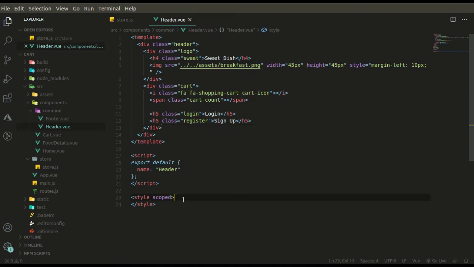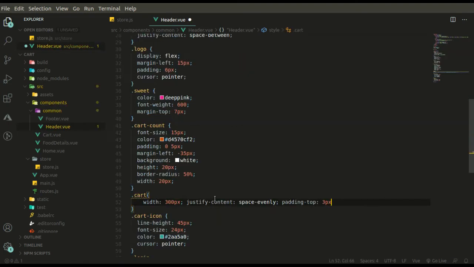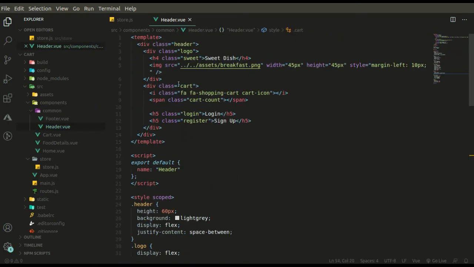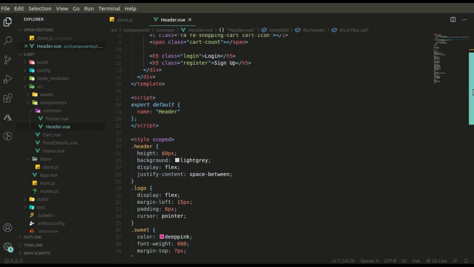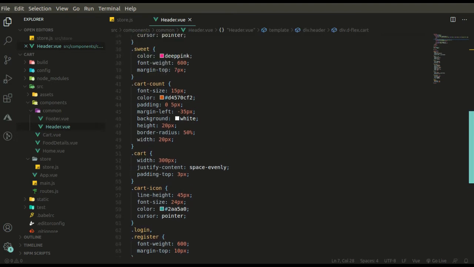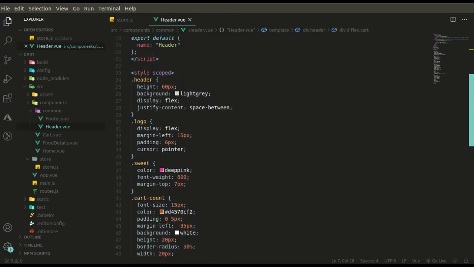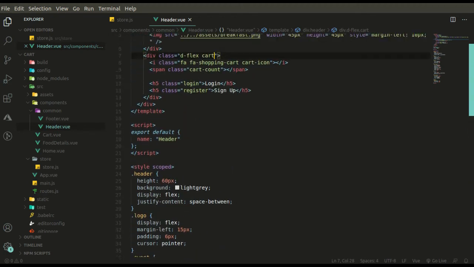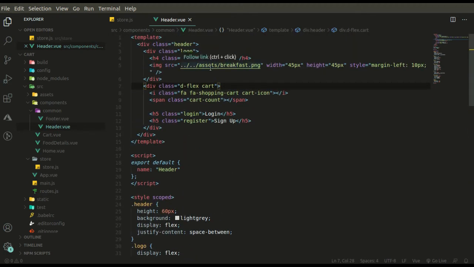Now let me quickly paste the class. Okay, so as you can see, we have our class over here. If you are coding along with me, then you can just pause the video and copy down this class. Our header component is ready. It requires a few logics, but I will not be writing that right now. Now we will be coding our footer component.